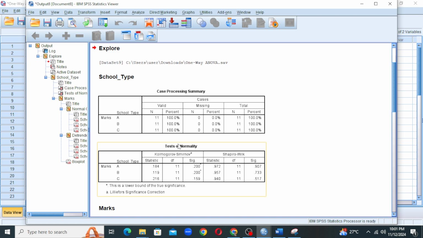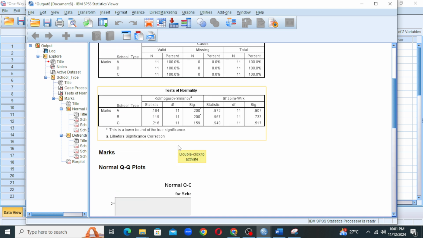Then you can refer in the output to the test of normality. Here you can see both the Kolmogorov-Smirnov and Shapiro-Wilk test statistics are not significant, meaning these data are normally distributed